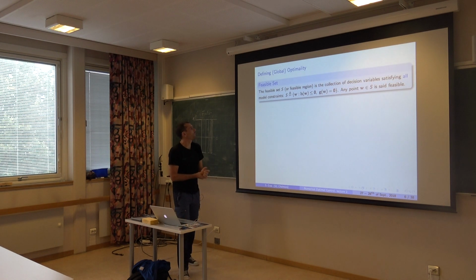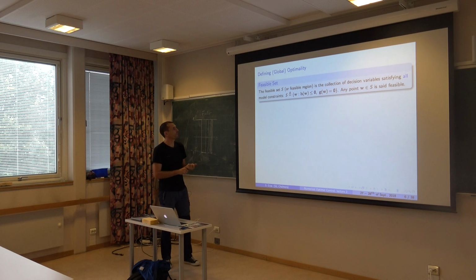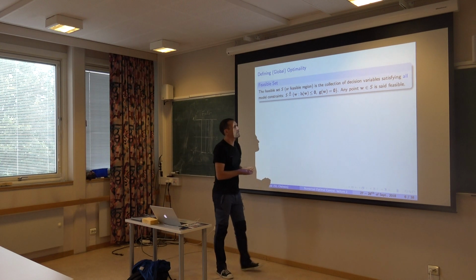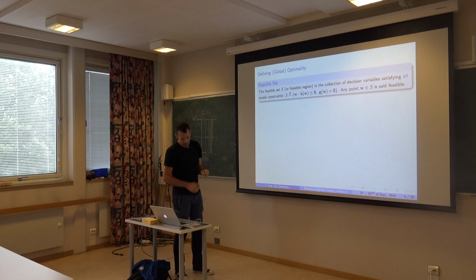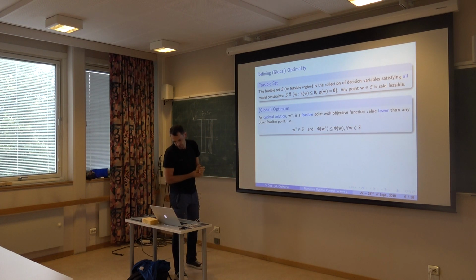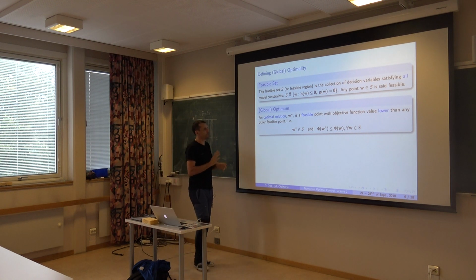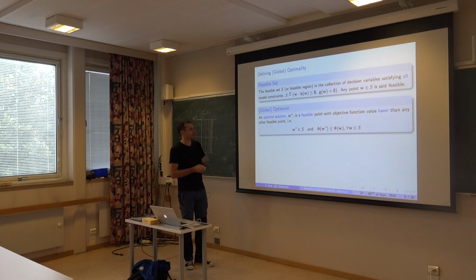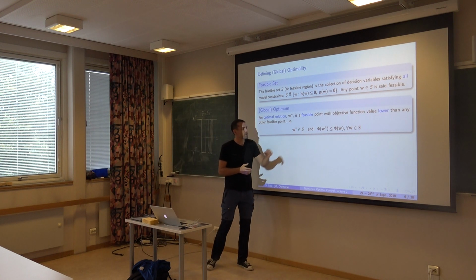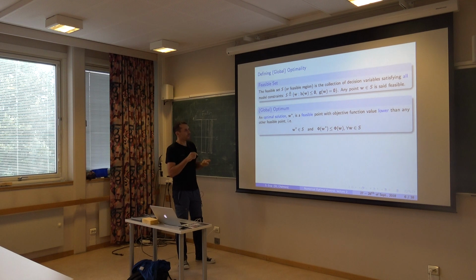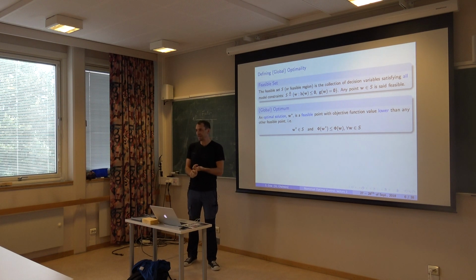Okay, a few minutes left. Okay, feasible set. Simple. That's the set of points that satisfy the constraints. Not much to say about that. Global optimum is going back to what I briefly mentioned before. And I'm not talking about constraints. Global optimum is really the point W star that has a better cost than any other point in the feasible set.